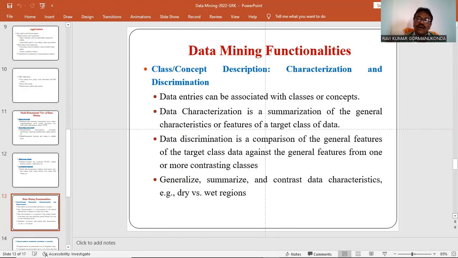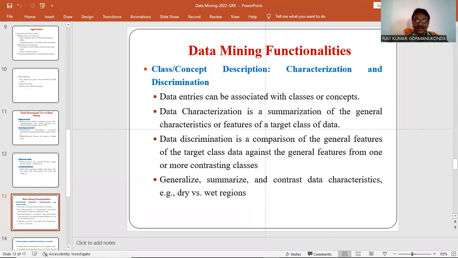A regular customer visits the shop frequently, for example two or three times within a month. A non-regular customer visits maybe one or two times per year. So data characterization is the summarization of the general features of a target class of data.